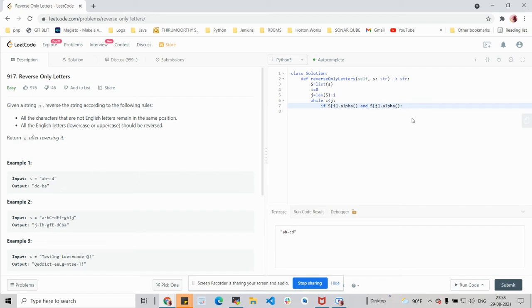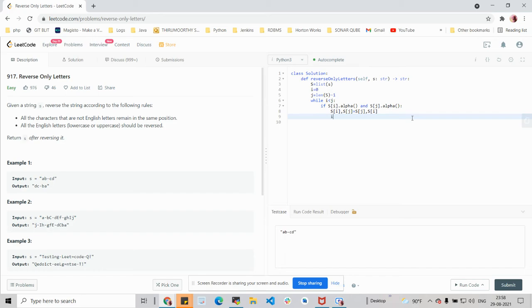That's why I'm checking only the alphabets in the given string. So if this particular condition passes, I'm going to swap the alphabets in those positions, the index of j and i.